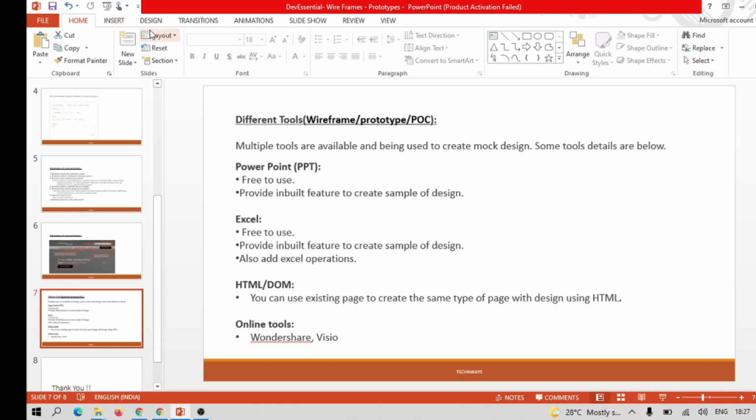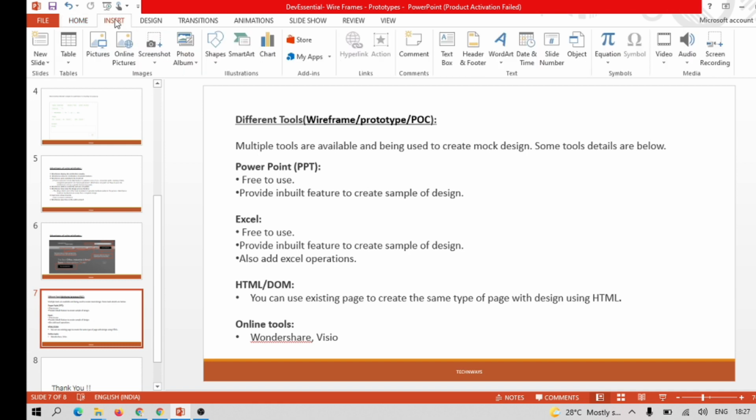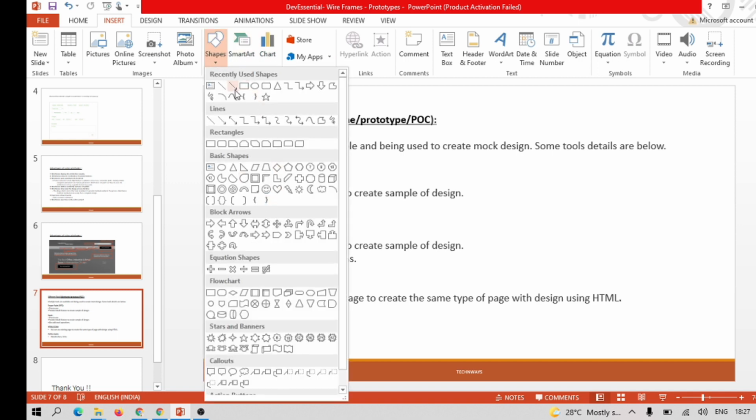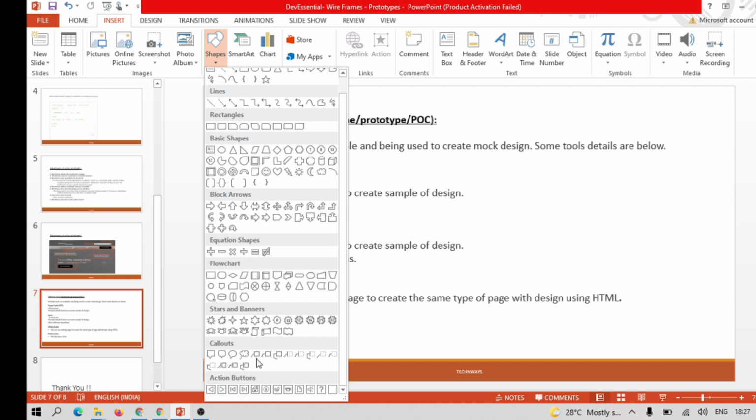You can see here design, layout, and we also have multiple controls, shapes. In case of button, we can take the check boxes. In case of tables, we can take the multiple boxes. We can take the directions. We can take the labels. We can put the text box in between, and based upon that, we can create the design.